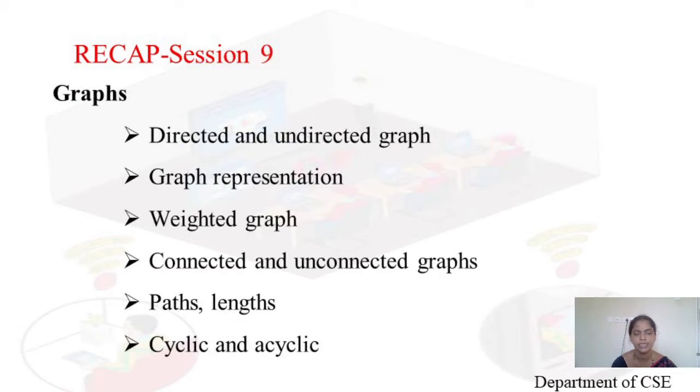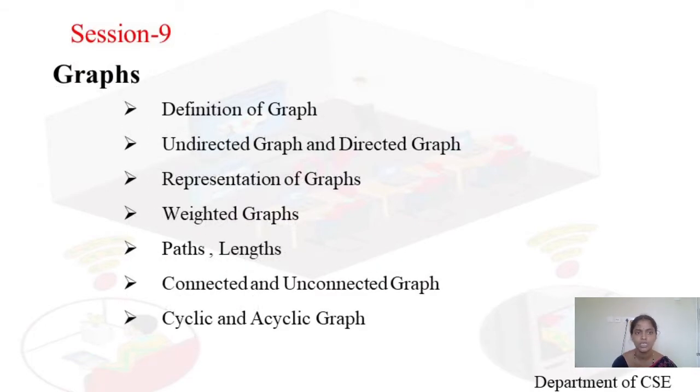Then in session 9 we discussed graphs: directed and undirected graphs, graph representation, that is adjacency matrix representation and adjacency list representation. We also discussed weighted graphs, connected and unconnected graphs. We defined paths and length for a graph, and the cyclic and acyclic nature of a graph. So today we will be discussing session 10 of the introduction,